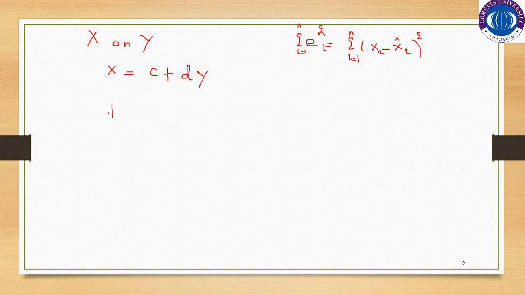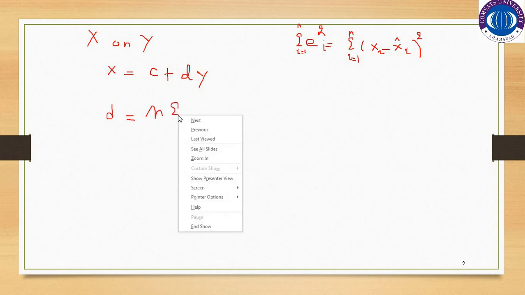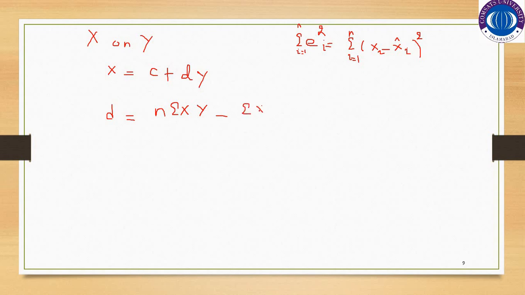By simplifying the normal equations, d is equal to n into summation xy minus summation x into summation y, whole divided by n into summation y square minus summation y whole square,